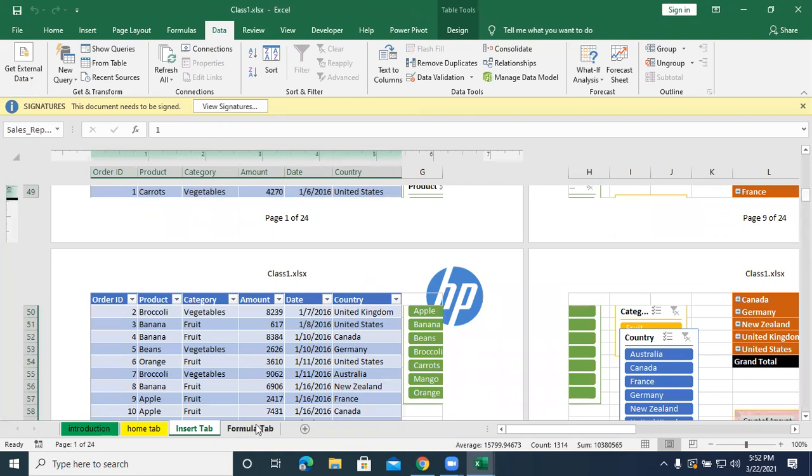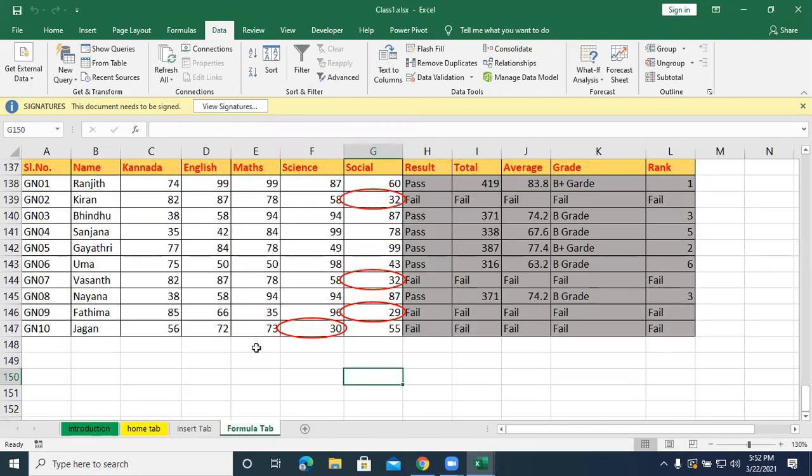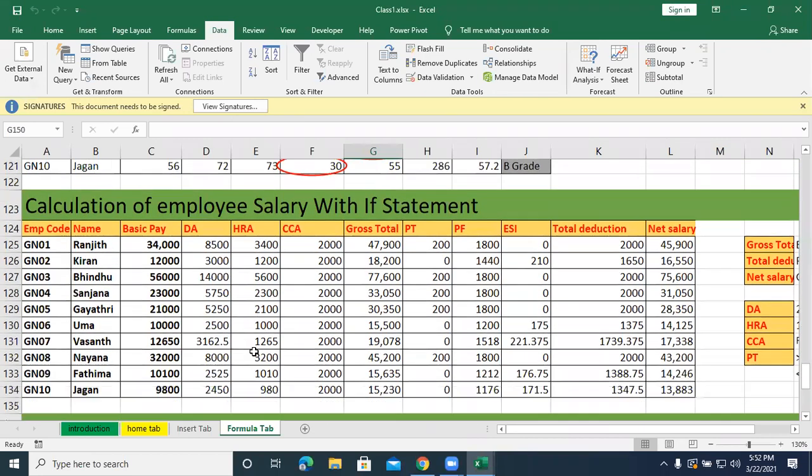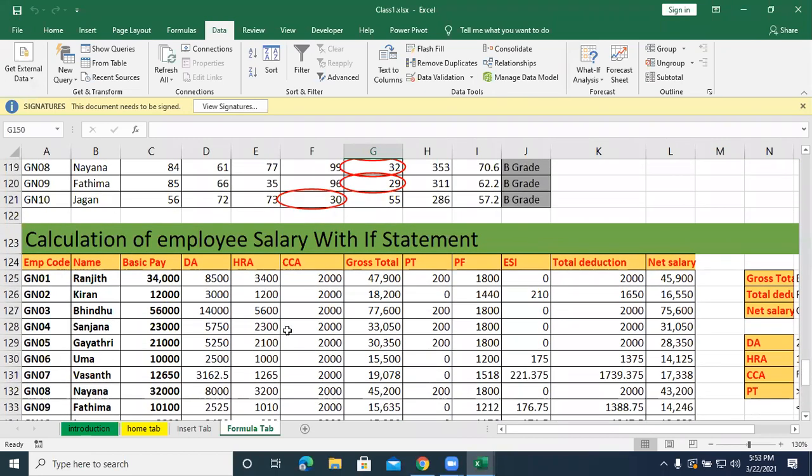In the same manner, instead of converting your data as a table, you can also give a range name. A certain range you can select and you can define a name for that. So it's called Define Names. So I just select this